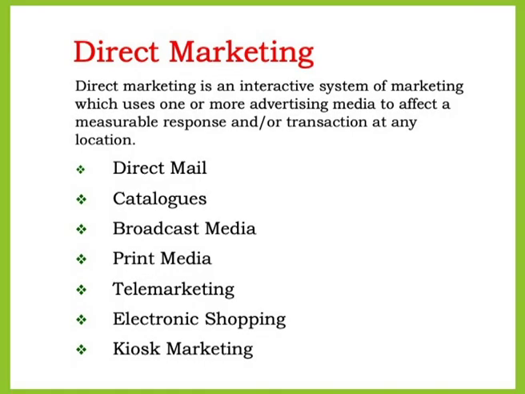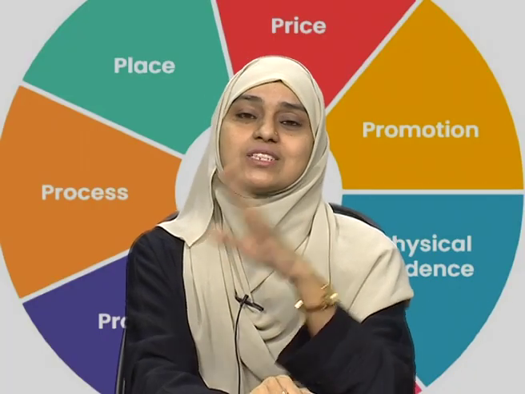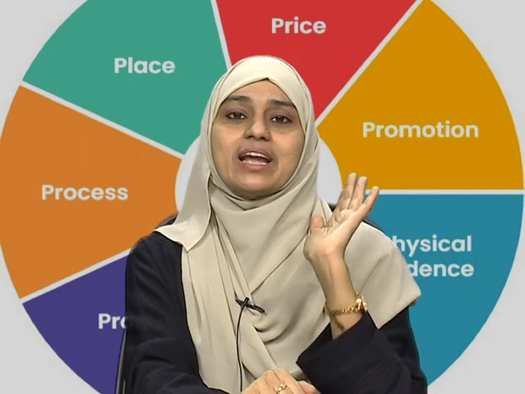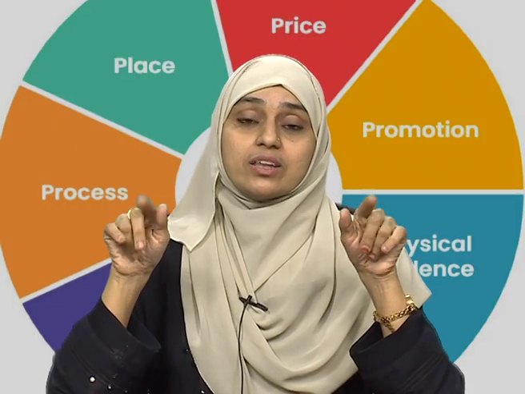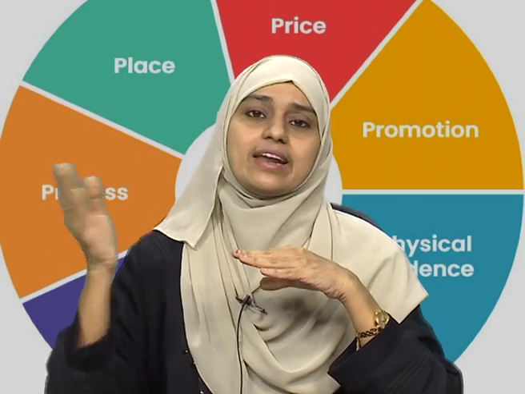Interactive TV, because a toll-free number keeps scrolling, and as a consumer I can directly call and inform the company. Then you've got telemarketing. Marketing people of the company call all of us, and then they inform us. We get so many calls, right? Do you want a loan? There's a land which is available for sale, or some products which are there. These are calls which we get directly from the call center of the company. That is also a part of direct marketing. Then you have kiosks. The company can also place small tentative setups like tents and all, which are called kiosks. Banks, for example, have their ATM vending machines which are called kiosks. Through them also you do promotions, which is directly by the company.